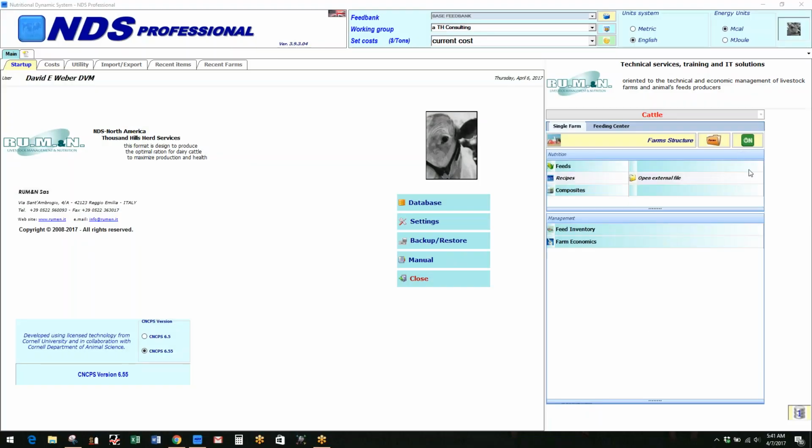So today what I'd like to do is just discuss the whole idea of making heifer diets and running recipes for heifers in NDS. There's been some real discussion about the use of NDS or CNCPS in growing heifers. So I'd like to just go through the process real quick. What I'm going to do first is just go to